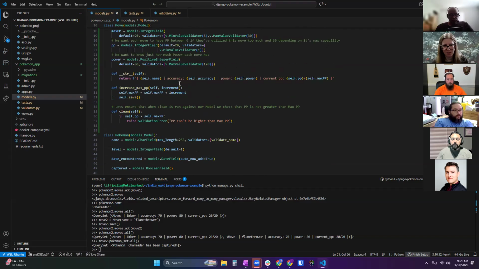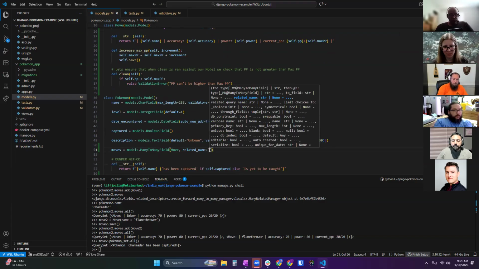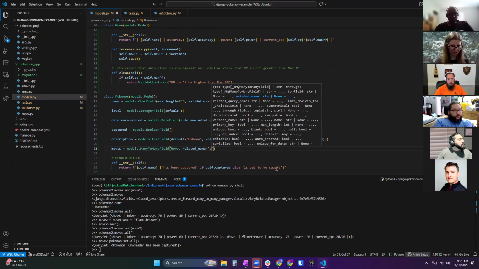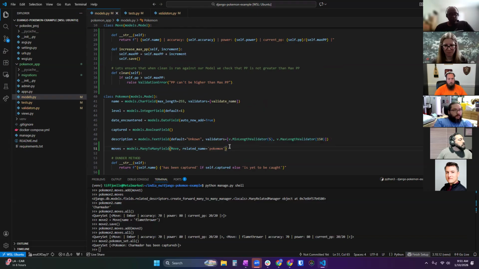We want to be able to query the way we just did, select all Pokemon from move where move equals Ember. We want to be able to query from this side. So the related name is what you will use to query from the other table. So most of the time it's going to be just the name of the table you're in. So I'm going to give it a related name of Pokemon.